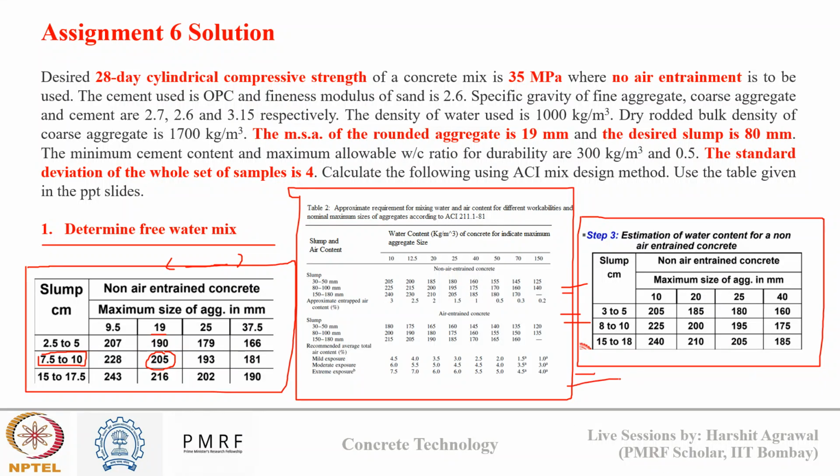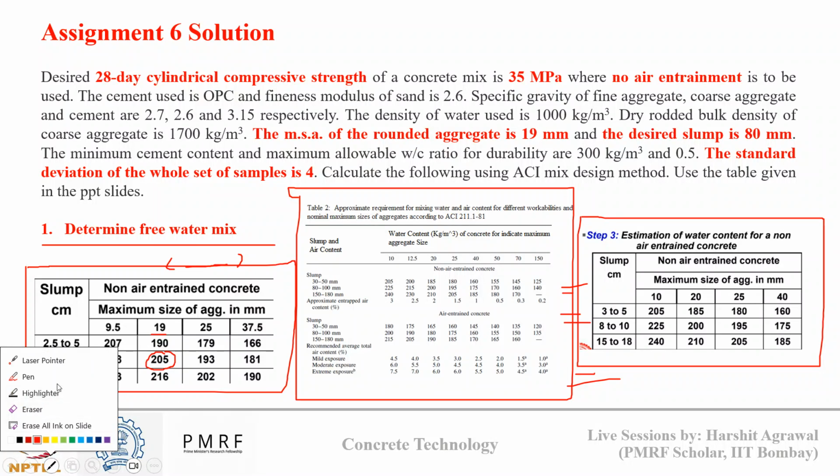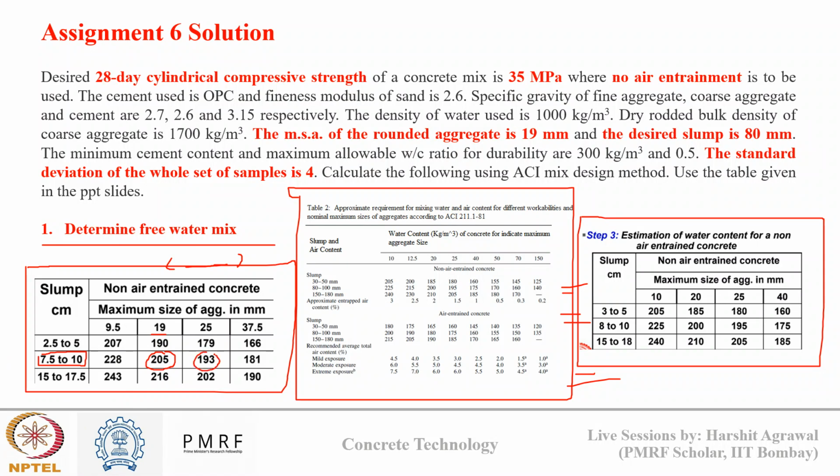Sir, but the question was, I think it is 25, not 19. No, no, it is 19. Is it 25 or 19? It is 25, sir. So if it is 25, then the answer will be 193. The assignment copy that I have has 19 written, so that's why I pasted that question here. No, sir, it is 25 and the right answer was 193. So they have used the old table. That's why the answer is coming out to be 190. If you use the updated table, the answer will be 195.